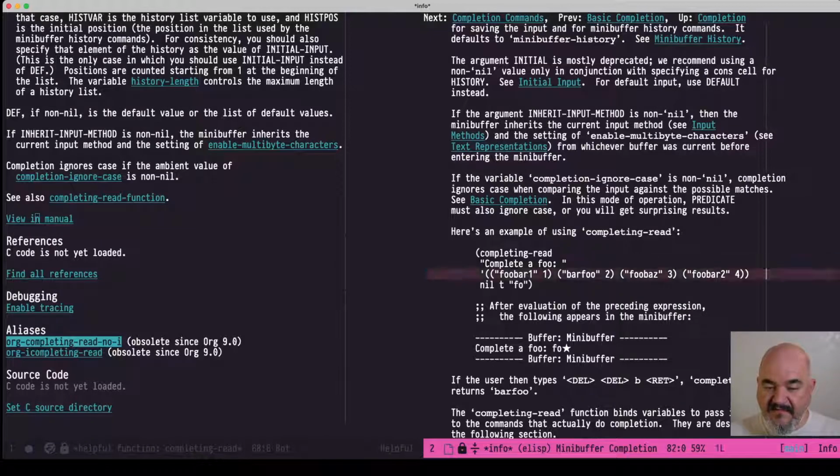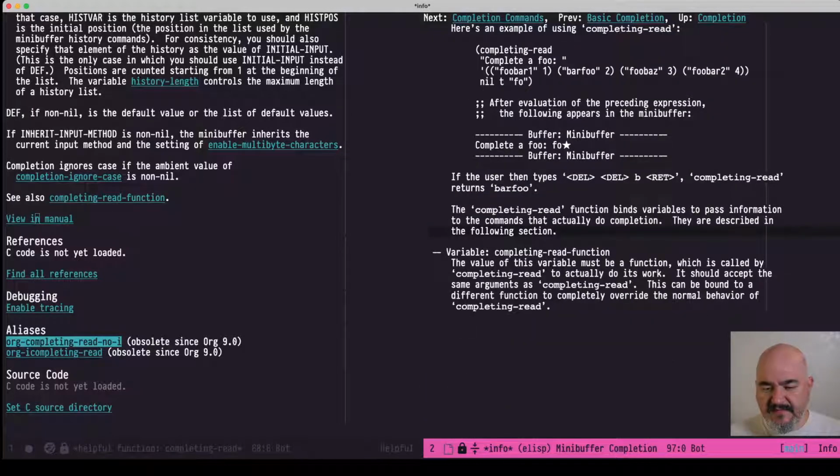Okay, so they have numbers 1, 2, 3, 4, and the user types barfoo. I don't know what the numbers are. Maybe they're